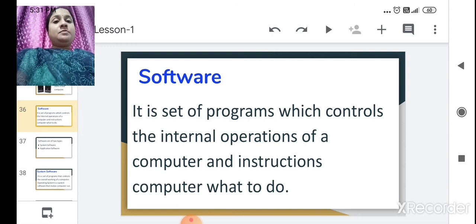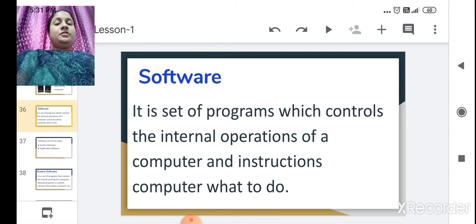For this purpose the software works to control the internal operations and to instruct the computer what to do and what not to do.